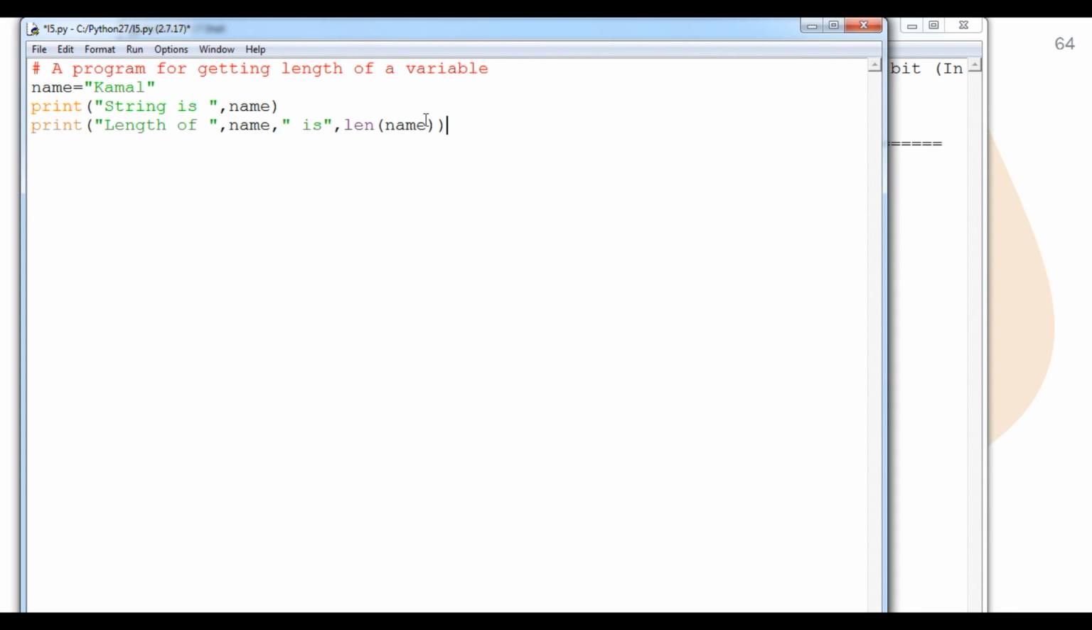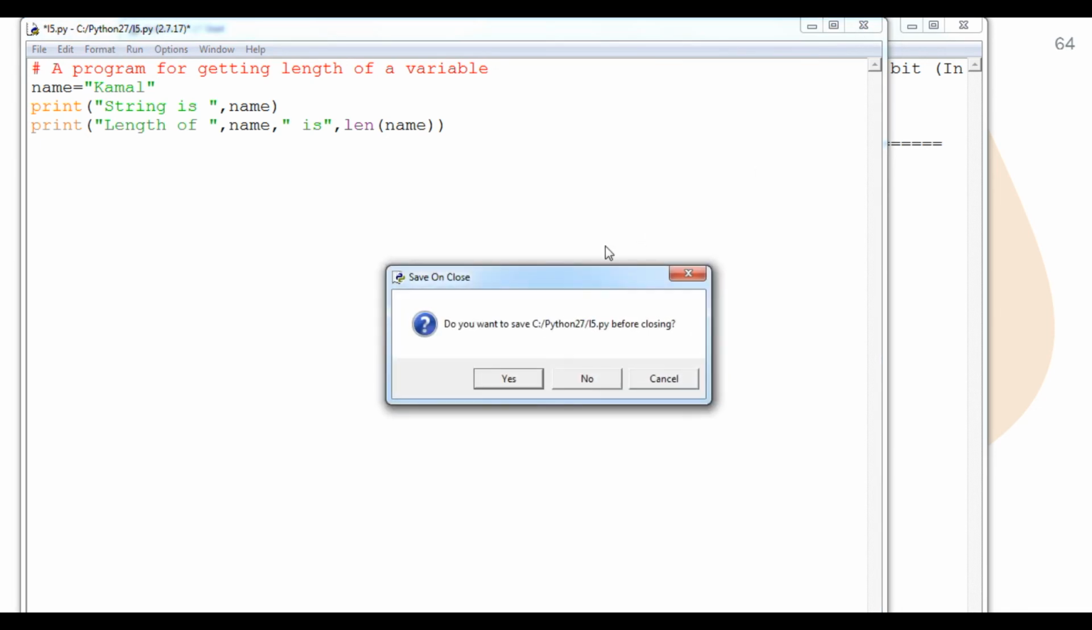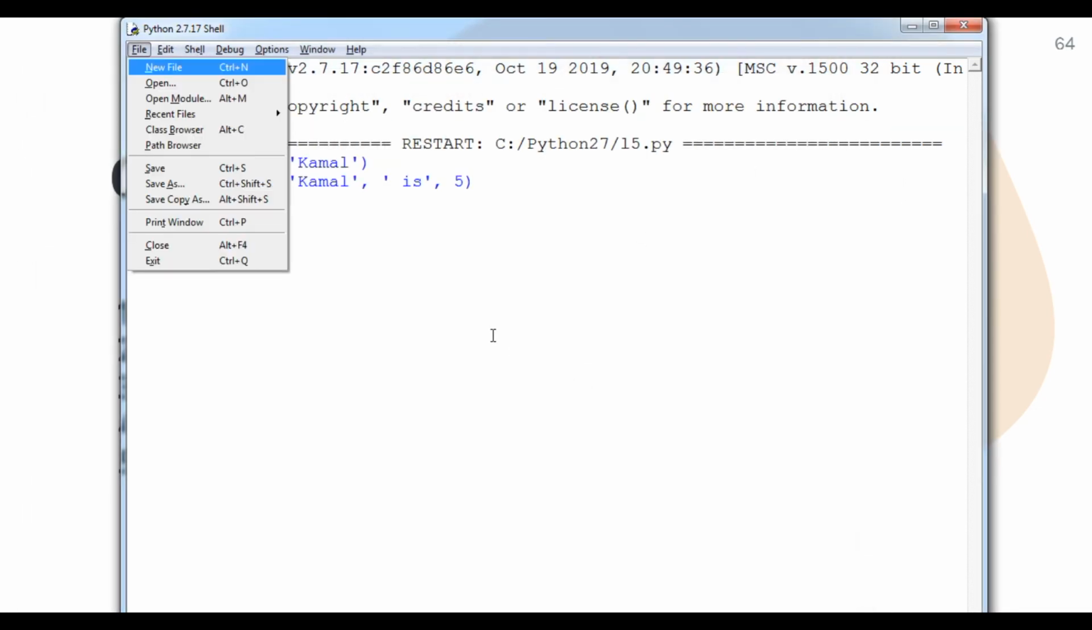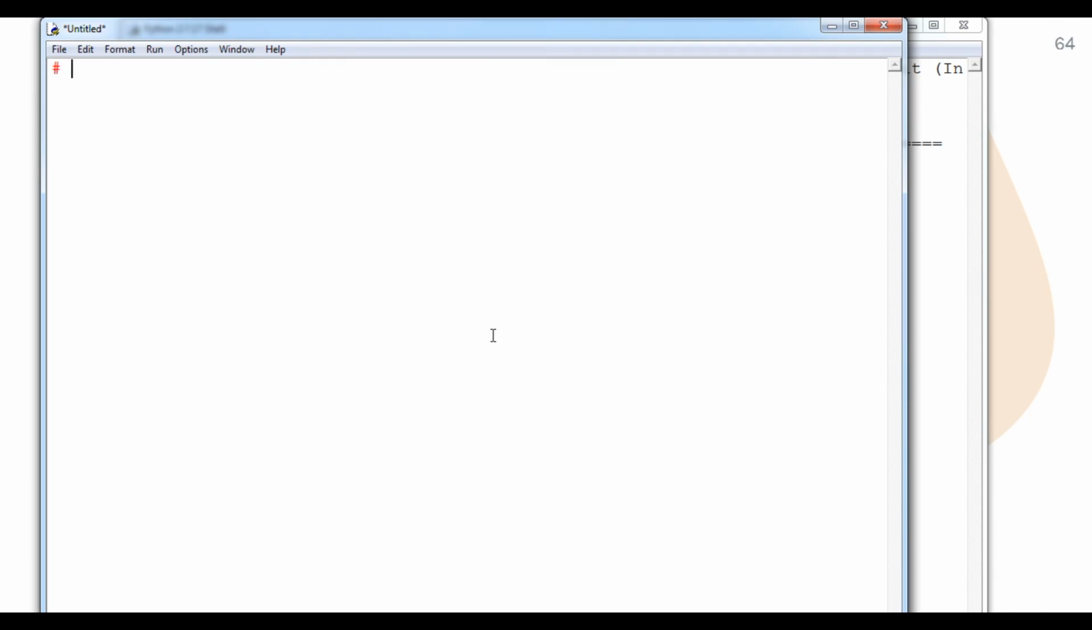And now dynamically, student, how can we provide it dynamically? To do that, student, we have to close this program, okay, and then we are going to open a new file. So the dynamic way to calculate the length of a string variable. Okay, now here is name equals raw input, okay, and then this, please enter your name,